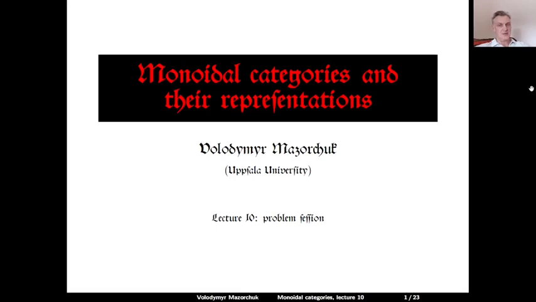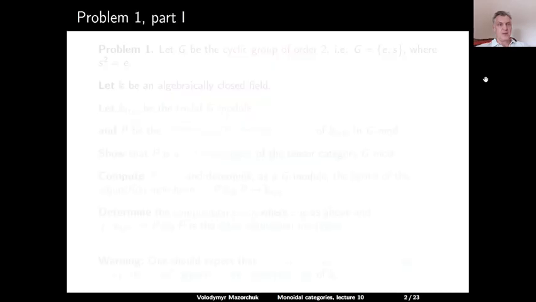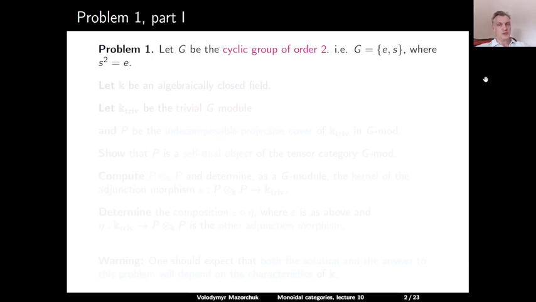Monoidal categories and their representations, Lecture 10. Problem session. Problem 1. Let G be the cyclic group of order 2, which means that G consists of two